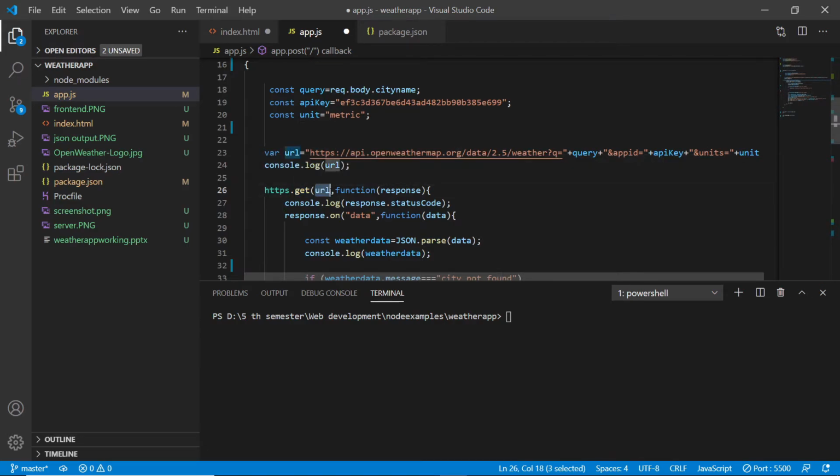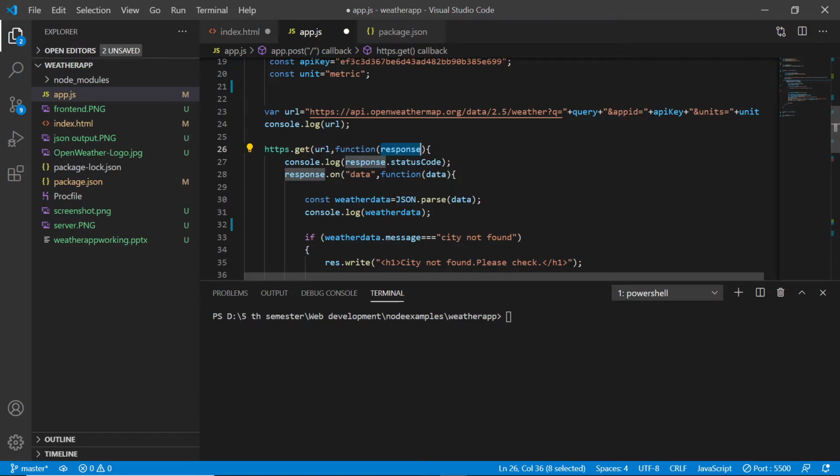We are passing this particular URL, which was created dynamically using these constants, and calling this callback function. That is, whenever there is a URL that has been generated, we want to run this callback function, and this is a response which we'll get from the API through which we can parse that.